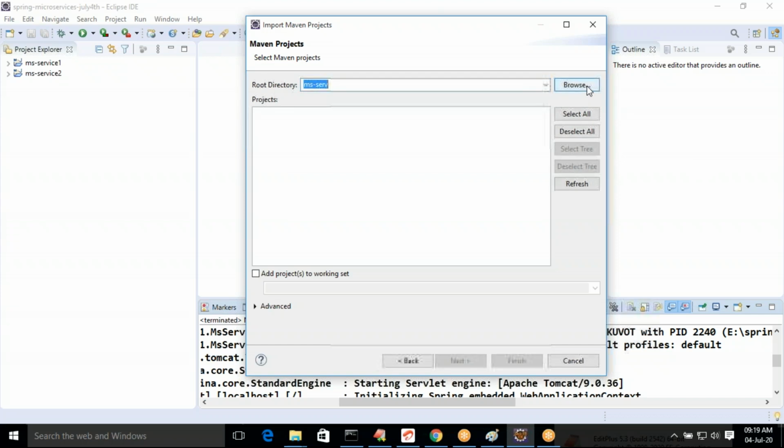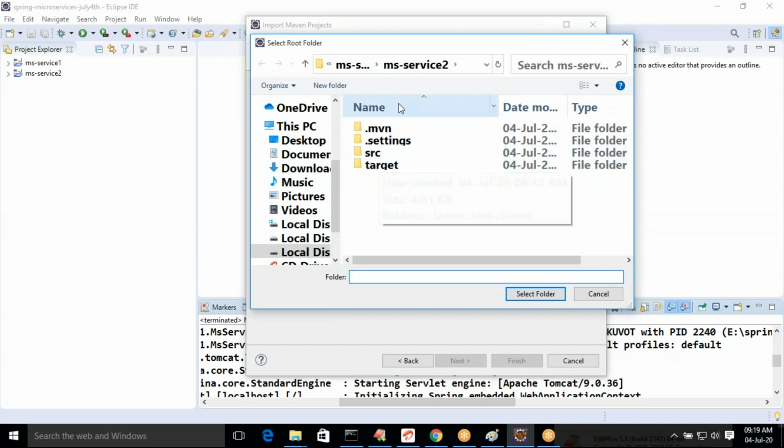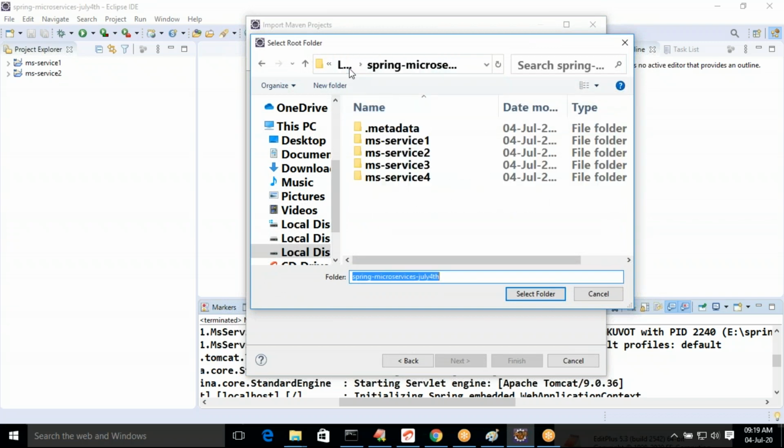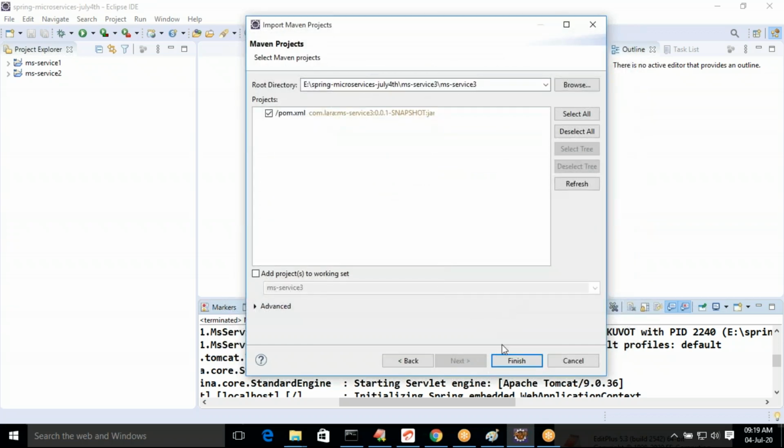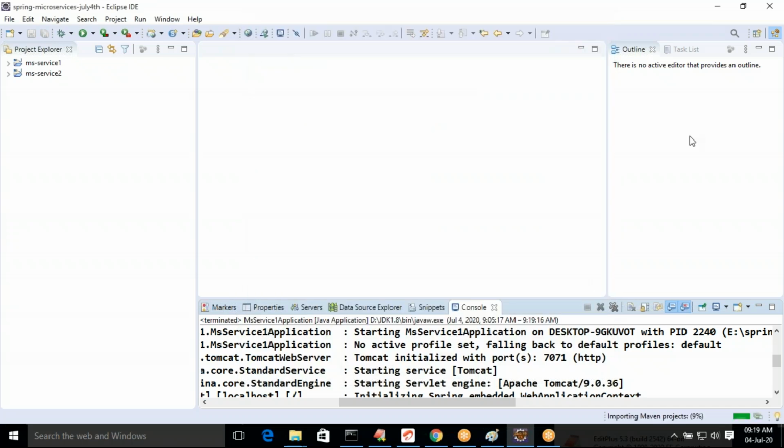Click on Browse. Select MS Service 3. Similarly, import MS Service 4.